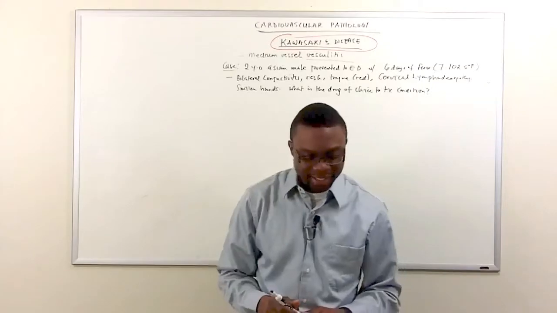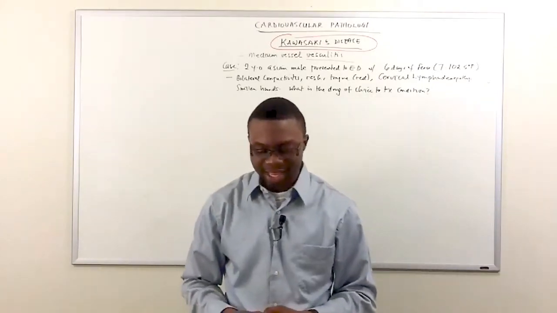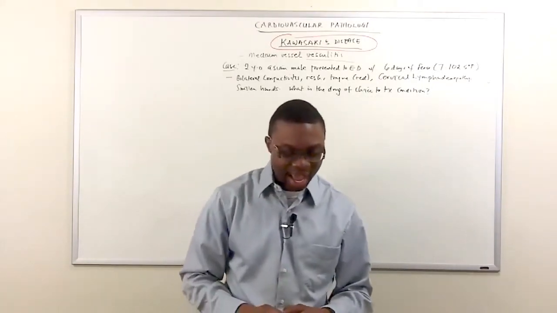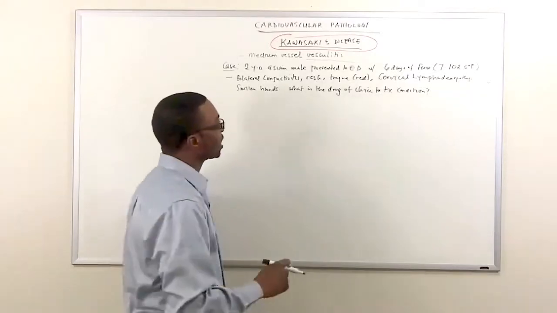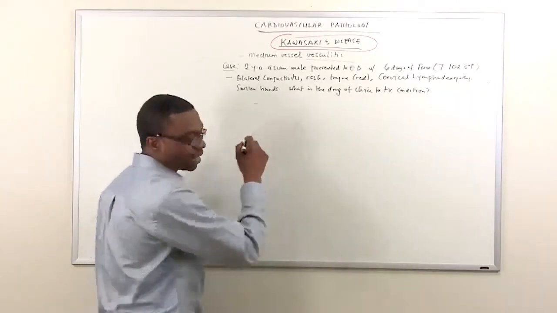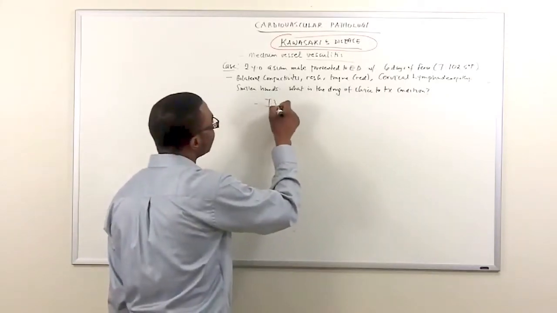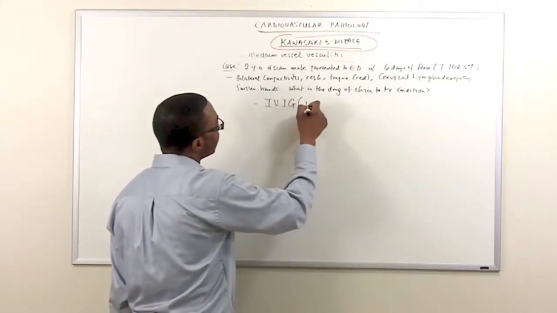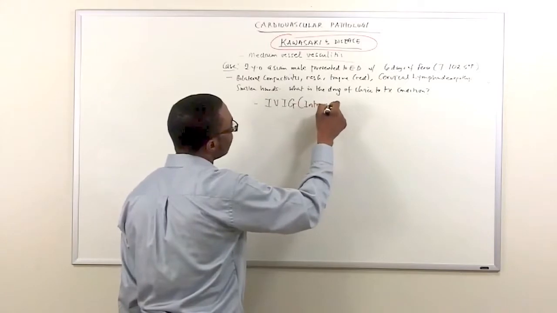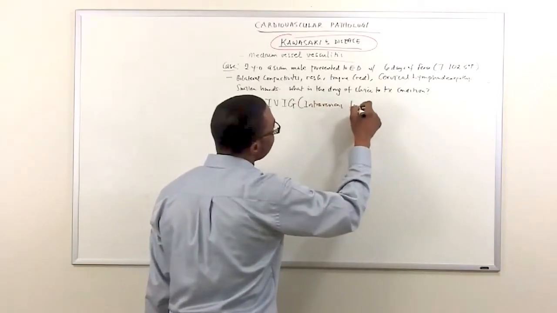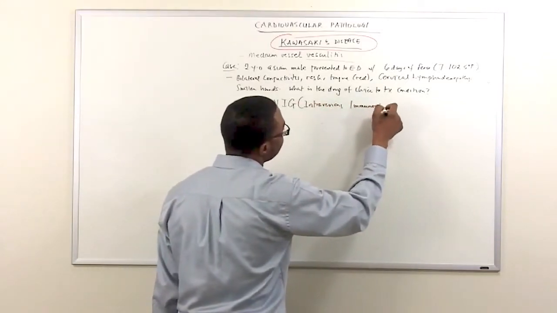So in this case, this patient has Kawasaki's disease, and the modality of treatment is IV immunoglobulins. So if you see IVIG, intravenous immunoglobulins